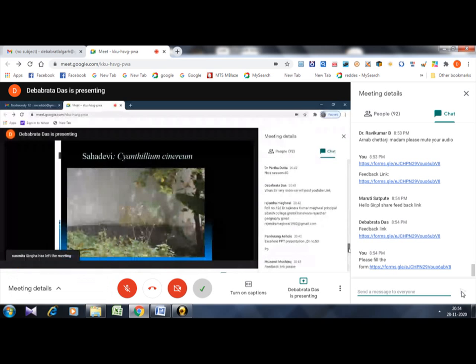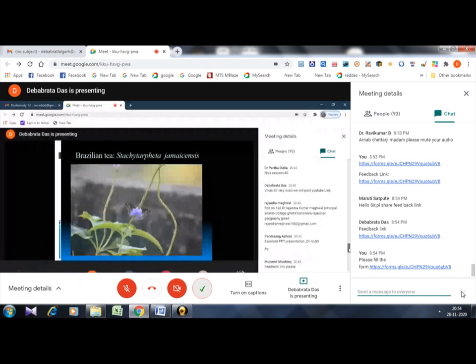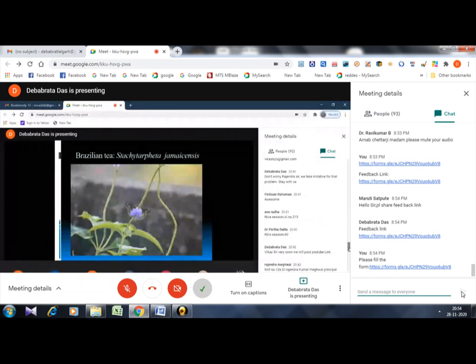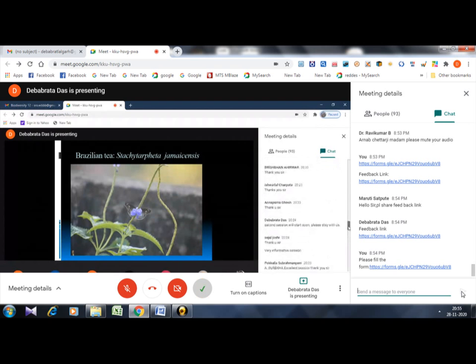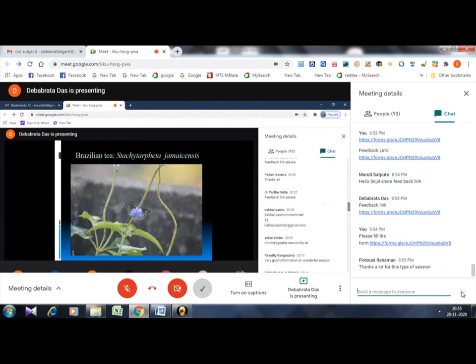I have to tell you about this plant. If you are planning on making a butterfly garden, I will come to the butterfly garden later, you have to have this plant in your butterfly garden. In our butterfly garden, this is the best plant that attracts butterflies. Butterflies love to sit on this. There is not one minute that the butterflies leave this plant alone. You can see the butterfly sitting on that, right?